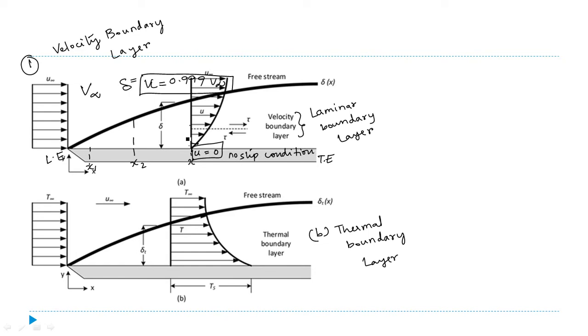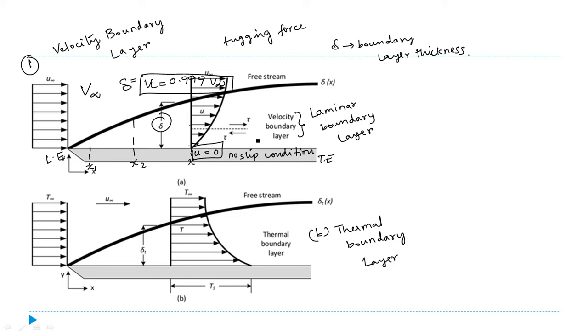Now gradually the frictional effect is getting lower, or I can say the tugging force. We have seen the tugging force. The tugging force is also getting lower. Now as it is getting lower, the velocity over here is going to be almost equal to the free stream velocity. And that particular height, at which it is the same, is called the boundary layer. We denote it as del, called the boundary layer thickness. Okay, this is what boundary layer thickness is.